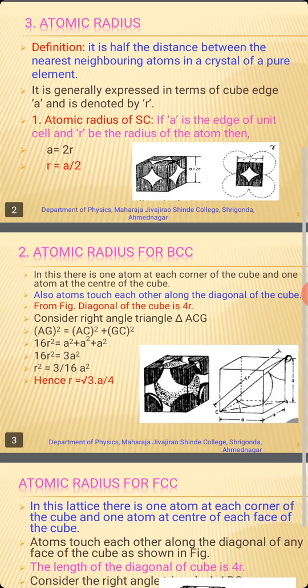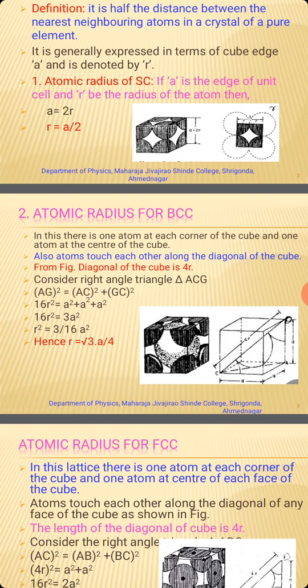Then next, atomic radius of a BCC, that is body centered cube. The first diagram denotes the picture of a body centered cube. It consists of 8 corner atoms and the atom situated at the center of the body. It means that its radius is twice r, and the contribution due to these half atoms is r. Therefore, the diagonal of